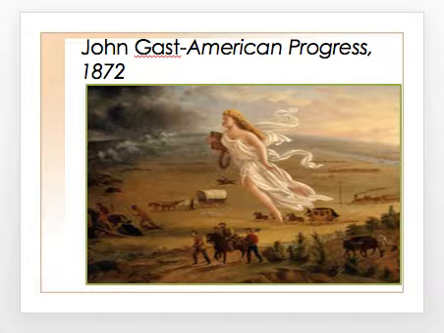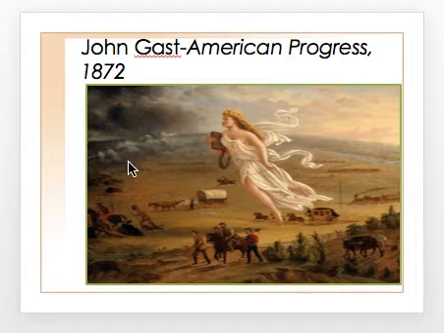Let's take a look. If you look closely in the painting, look to the right. The sun is shining. The telephone wire is being dragged by this woman. You have trains coming this way. You have farmers and businessmen and wagons moving west. And look, on the right-hand side is light. On the right-hand side is technology. On the right-hand side is advancement and progress. And look west. What do you see on the left-hand side? What do you see on the left? You see savage Indians killing animals. You see darkness. You see clouds.